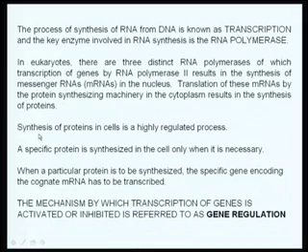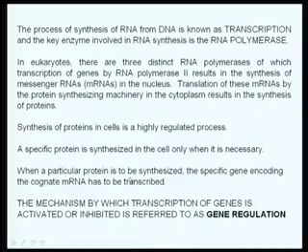Now, coming back to the other point, the synthesis of these proteins in cells is a highly regulated process. As I told you, not all the proteins are made in all the cells of our body, specific proteins are made in specific cell types, and we need to understand how this regulation is brought about. Although RNA polymerase is there in all the cells and all the genes are there in the cells, the RNA polymerase does not transcribe all the genes all the time in all the tissues, it is very selective.